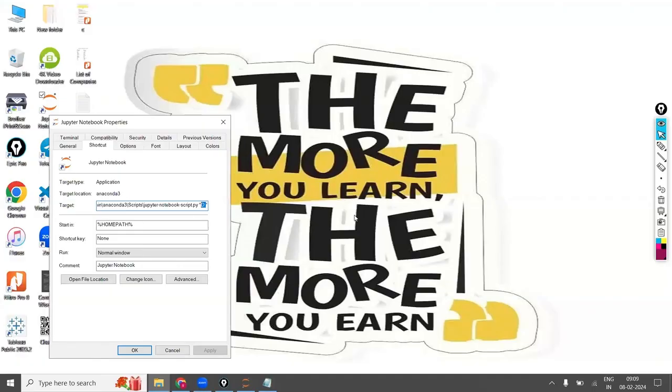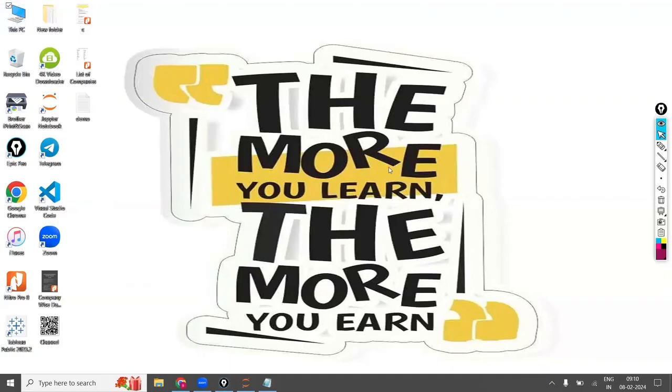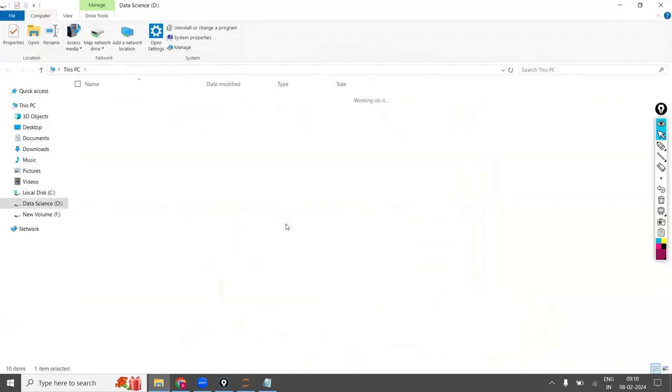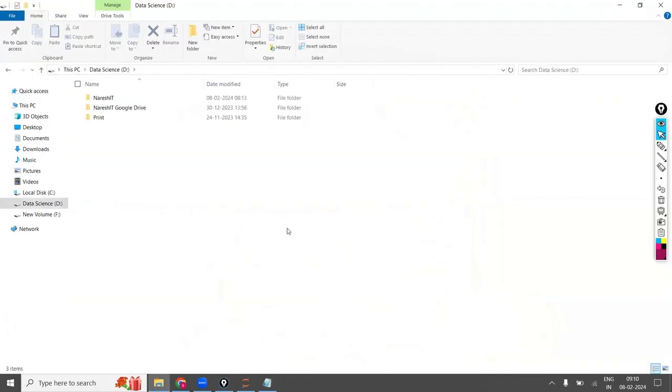By default, you will have percentage user profile percentage. In my case, I have changed it to the D drive. I have kept the complete D drive as my working directory, and I have not created any folder. So in my D drive, there are three folders: Naresh IT, Google Drive, and print.